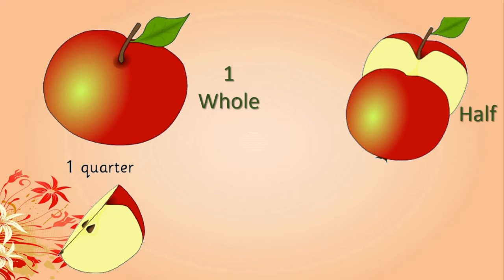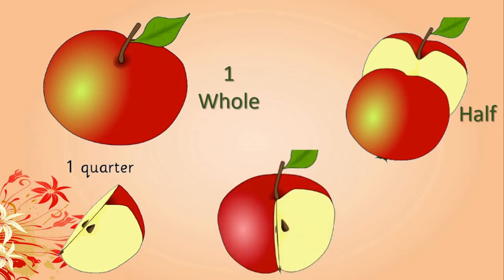Okay, dear children, then what about the other 3 parts that are left when we take out 1 quarter from an apple? Yes, that is nothing but 3 quarters. Remember, how many quarters are there? This is 1, 2nd and 3. 3 quarters together are there. So this is called 3 quarters. This is 1 quarter. When we attach this to the 3 quarters, it again becomes 1 whole. Isn't it? So dear children, this is 1 quarter and this is 3 quarters.